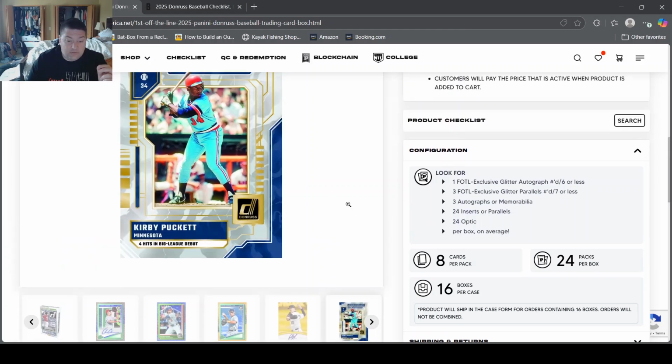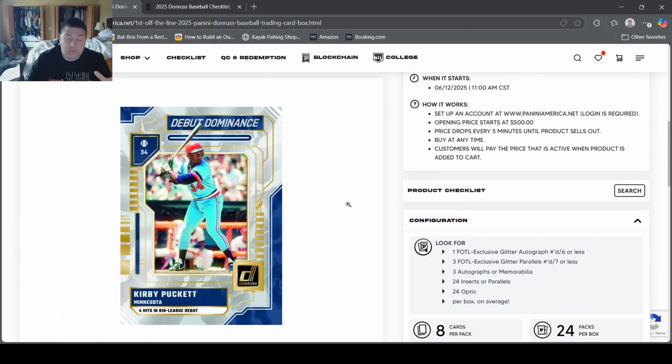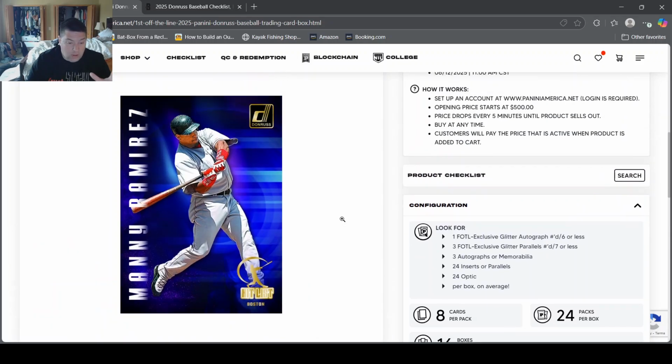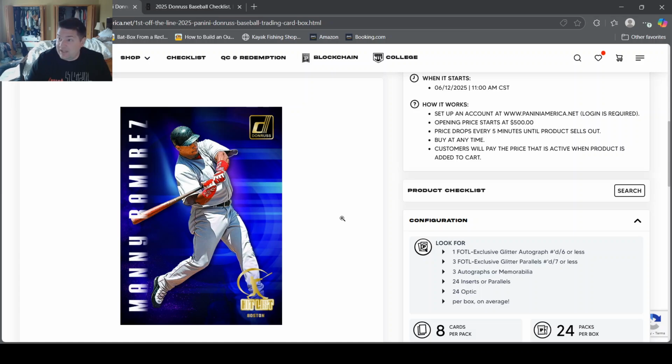And in addition, they also will have these veteran players. So Kirby Puckett is oftentimes one. Here's Manny Ramirez, Rickey Henderson. Don't quote me on all these names. These are the cards that we know about right now. But there's been Rickey Henderson in Select. Cal Ripken was in Select. Other Hall of Famers, Ken Griffey Jr. was in Select, right? So they typically get a good range of veterans, prospects, and a few stars from the